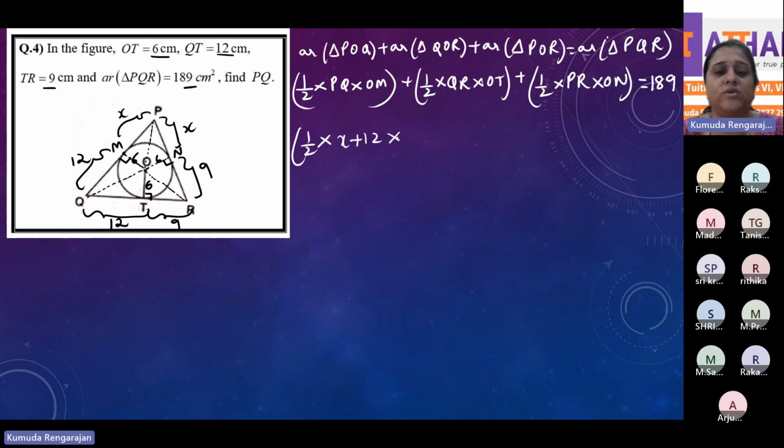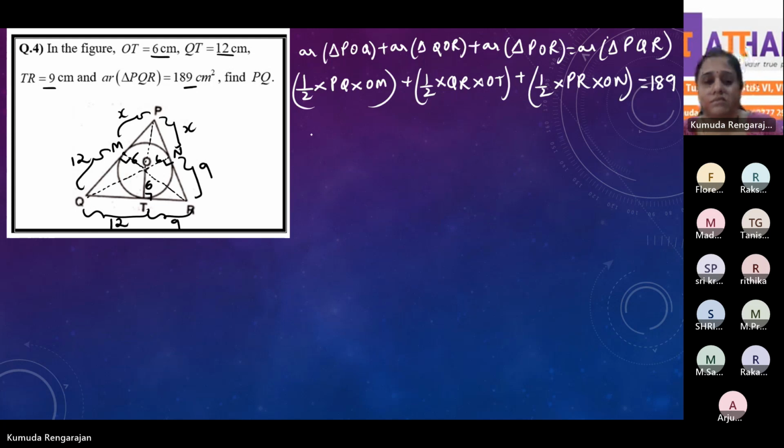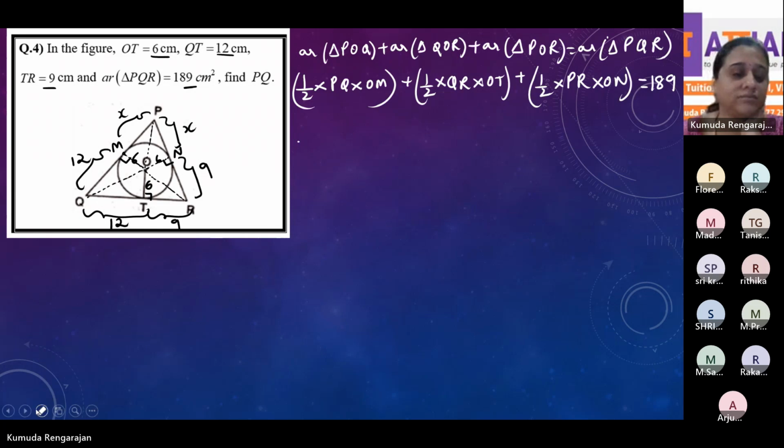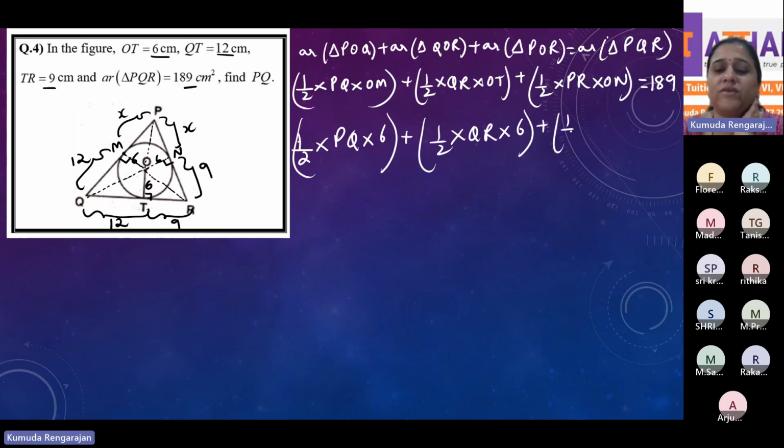X plus 12, into altitude 6, plus half into. Ma'am, you have to put a bracket. Yeah, that's what I'm correcting. You can even take out the radius common instead of writing half everywhere. So half into PQ into OM, which is 6, plus half into QR into OT, which is 6, plus half into PR into